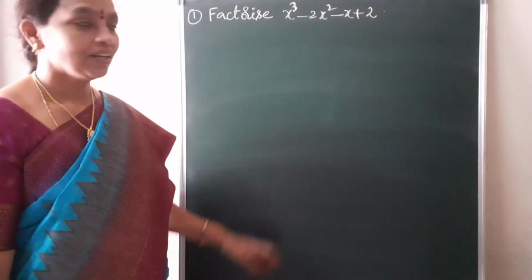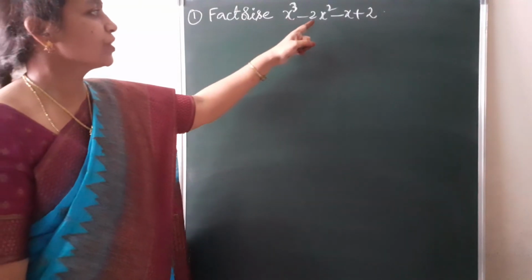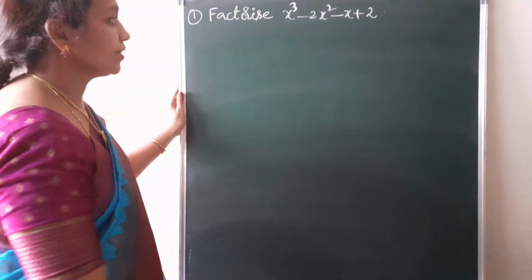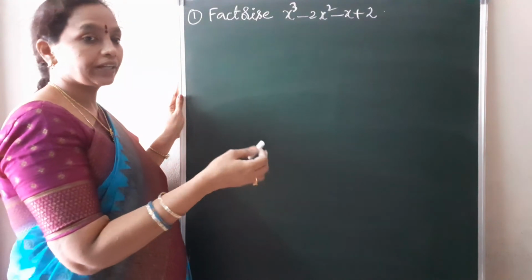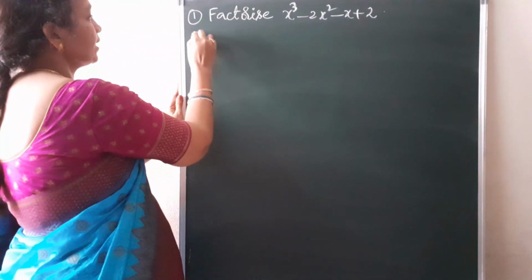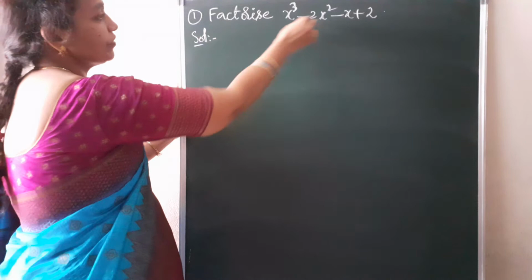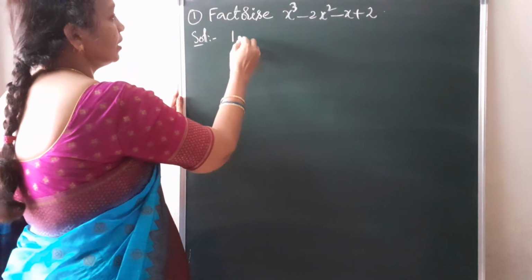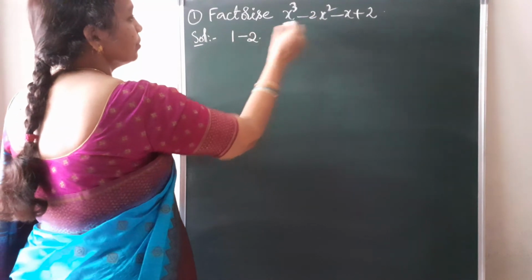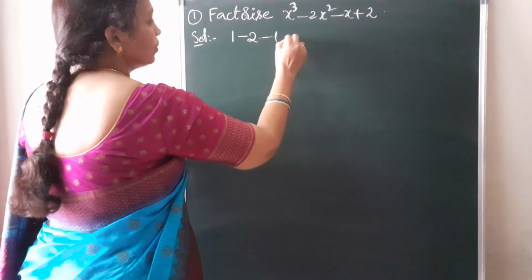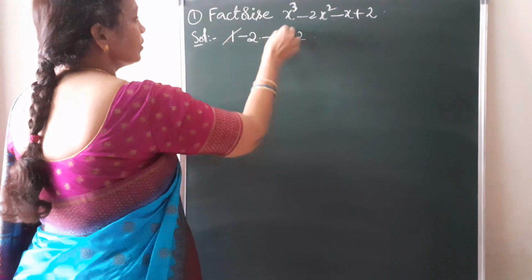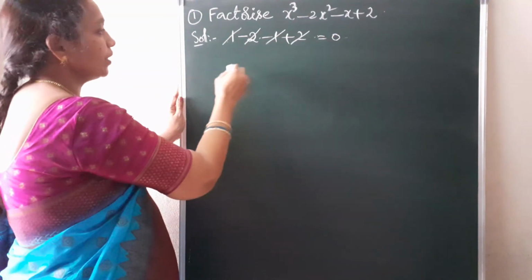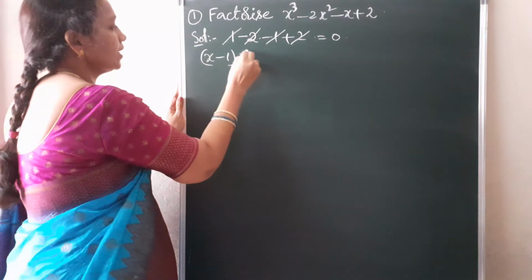So next, factorize x cube minus 2x square minus x plus 2. This is a cubic polynomial you have to factorize. By using the factor theorem, we can factorize. First of all, we have to check whether the sum of the coefficients is equal to 0 or not. The x cube coefficient is 1, x square is minus 2, x is minus 1 and the constant is plus 2. So 1 minus 2 minus 1 plus 2 gets cancelled, 0. Therefore, according to the factor theorem, x minus 1 is a factor of